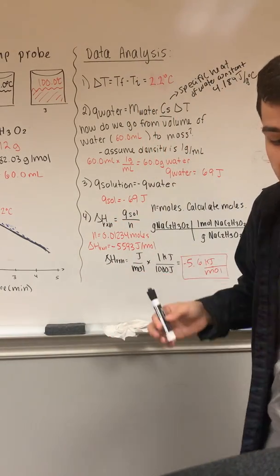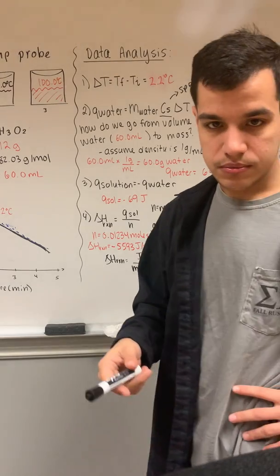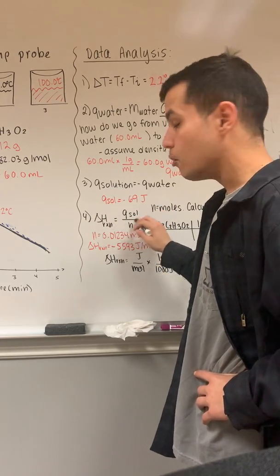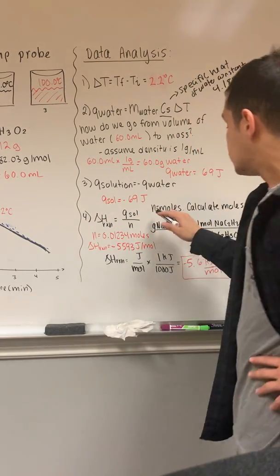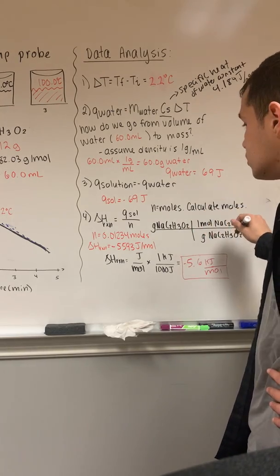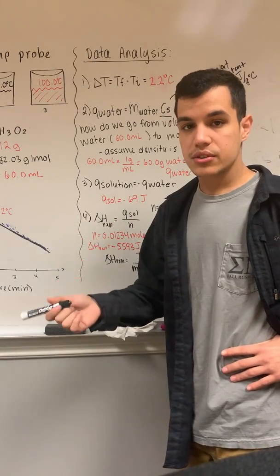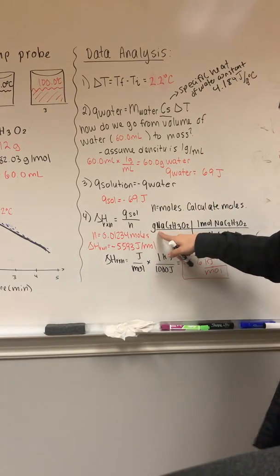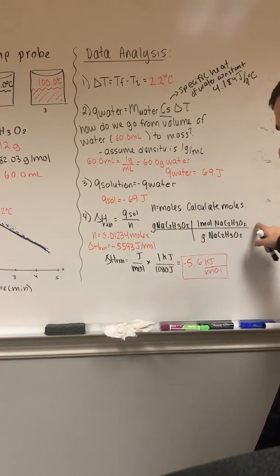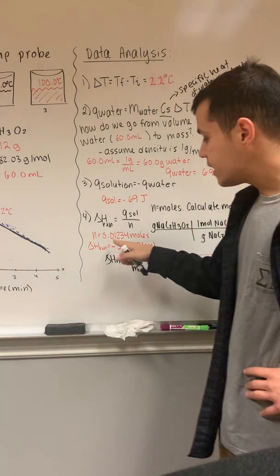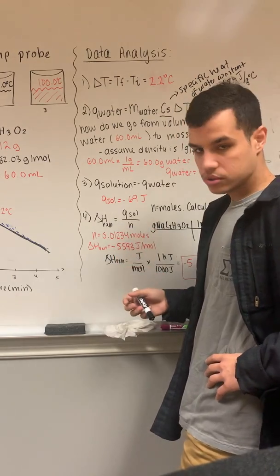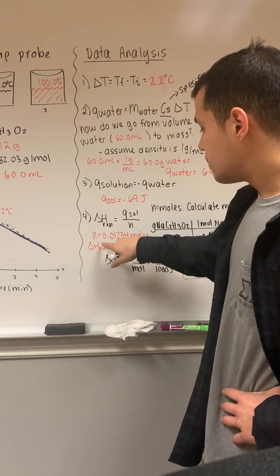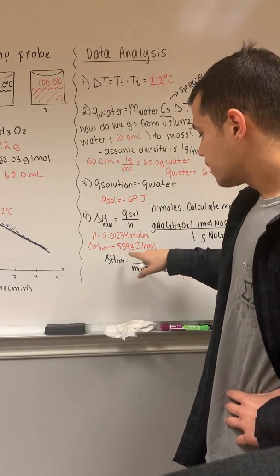And then now that we have that, we can find our delta H, which is the enthalpy change. So for that is the Q of solution, which is this one right here, over moles. N means moles. So all we have to do is just calculate the moles. And as I previously mentioned, you have to use the molar mass of your salt to get the moles. So I got my grams of salt divided by the molar mass. It's gonna give you moles of my salt. In this case, I got 0.01234 moles. So once I have that, I can divide the Q of solution by my moles, and it's gonna give me this number. This negative